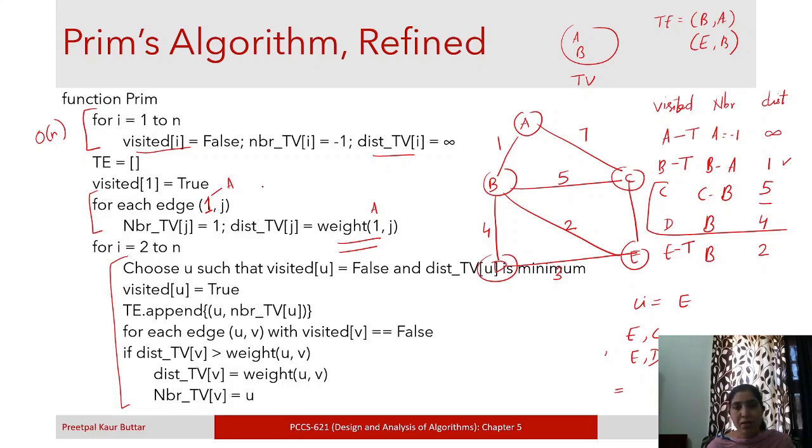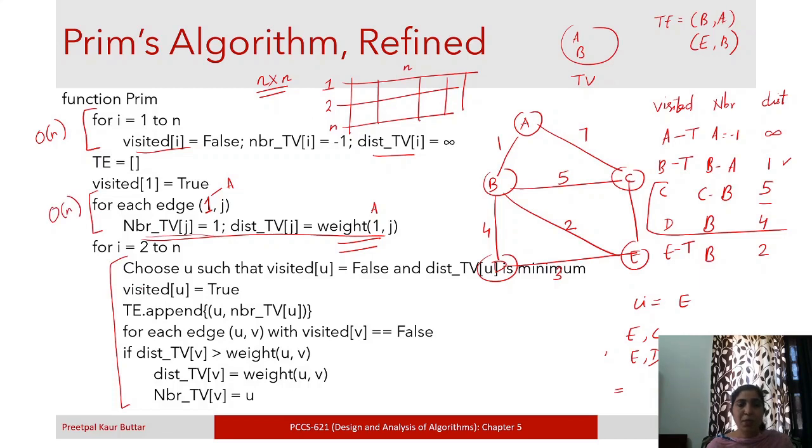If this is stored in the adjacency list, then it will have to scan through all the neighbors of A. Or if there are n nodes, the adjacency matrix will be n cross n, and if we are looking at node 1, it means n entries in the matrix. Node 2 will have n entries, node n will have n entries. In this way, this is n cross n. So here we are scanning across all the neighbors of a node, so it will take order of n times, because each node has n number of neighbors at a max.